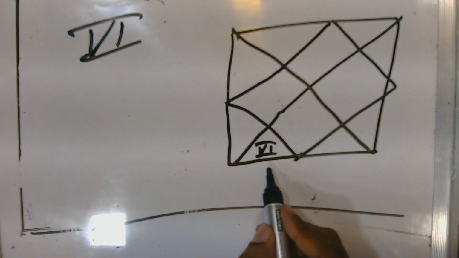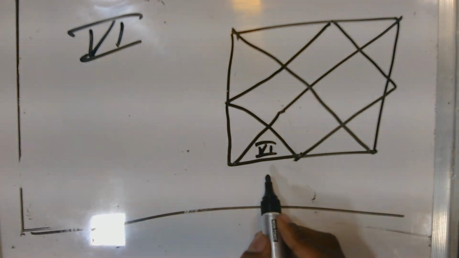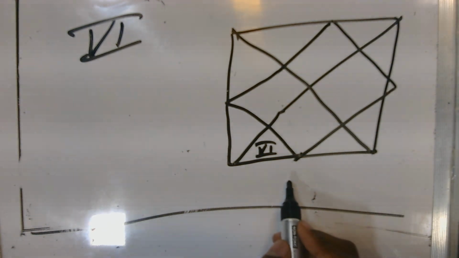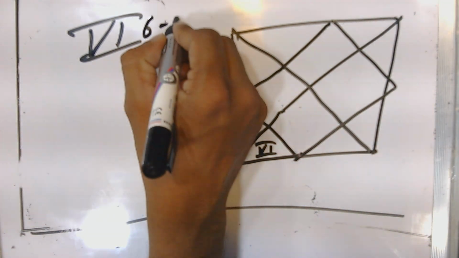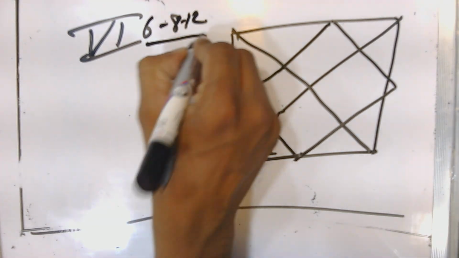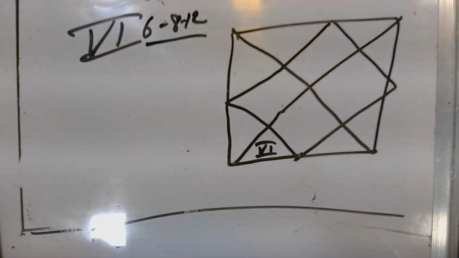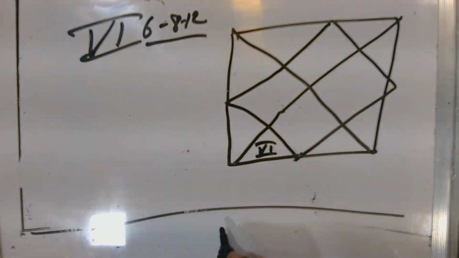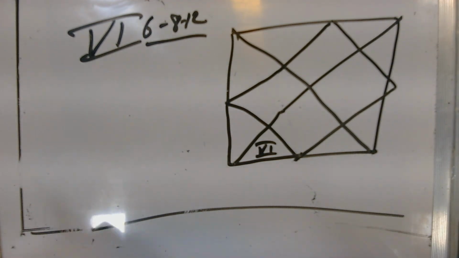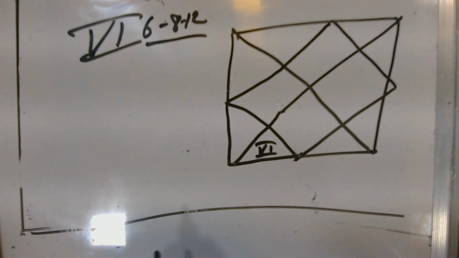Now the position of the sixth house will always be this, and the sixth house is not considered a good house in general. It comes in the category of 6, 8, 12. These numbers are generally not considered good in Vedic astrology. So it is coming under 6, 8, 12. What does the sixth house tell you about? In Hindi, it is said to be the house of